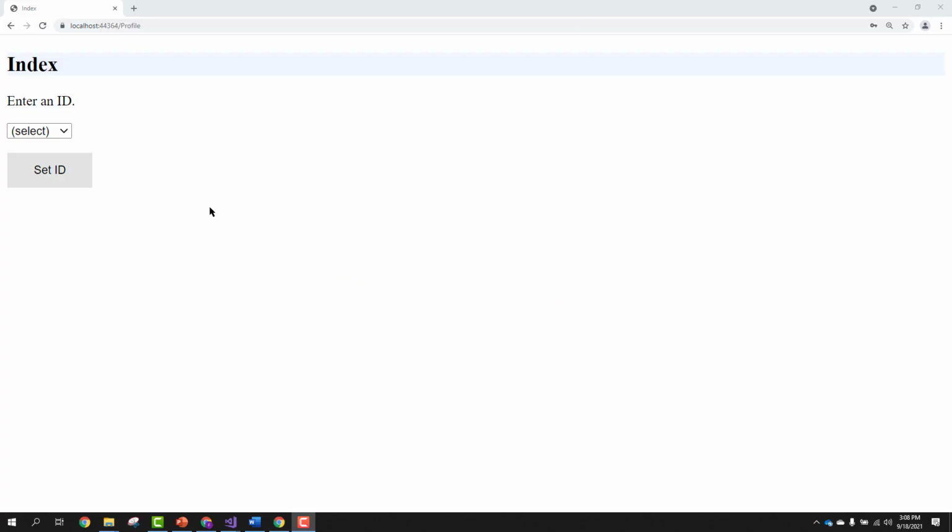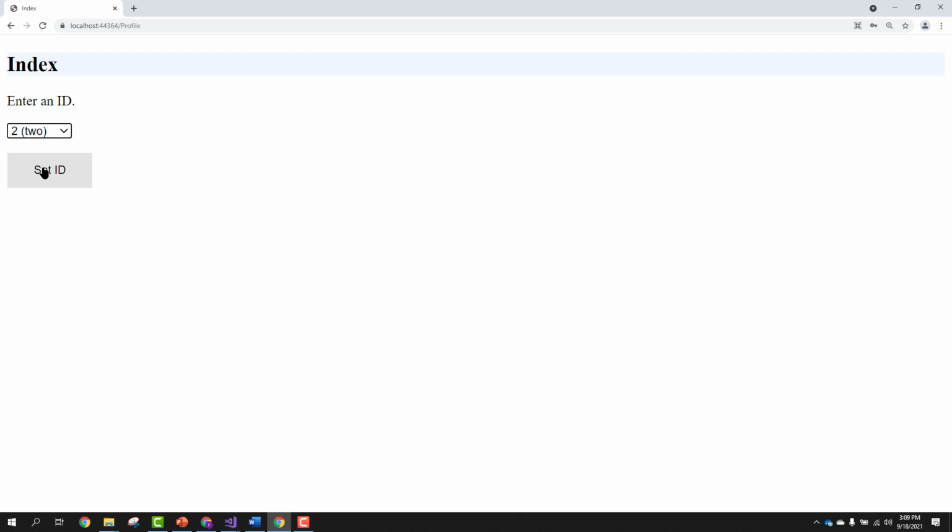Okay, this is a quick preview of what we're going to create today. So we're going to have a profile index view, and we're going to have a drop list on it with a button. That drop list is going to show 1, 2, or 3, so that we're going to simulate connecting to a database. We'll do that later in this course, but we don't have database connectivity yet in the project. So when we do this, we're going to simulate reading from a database, show those fields on the screen, allow our user to change those and save them, and then prompt that user to tell them things were saved